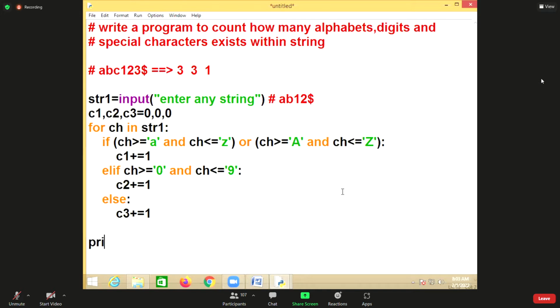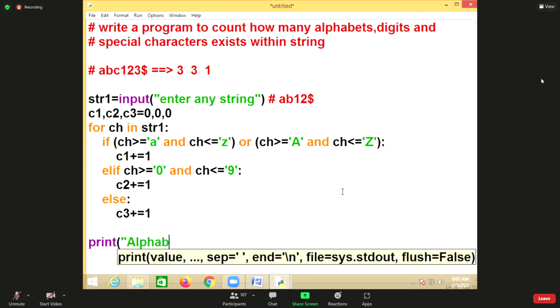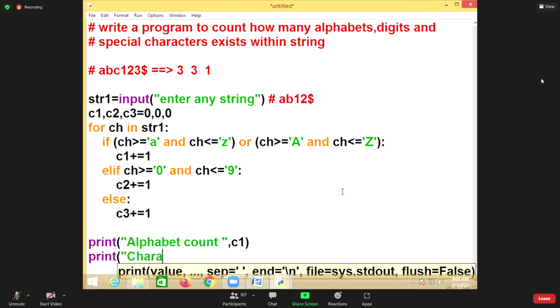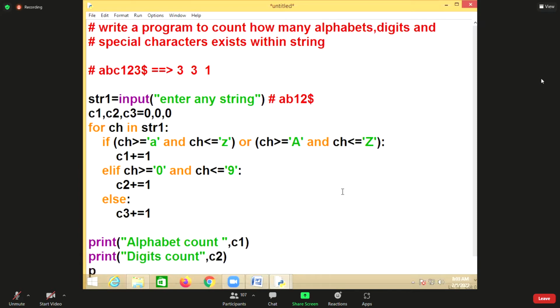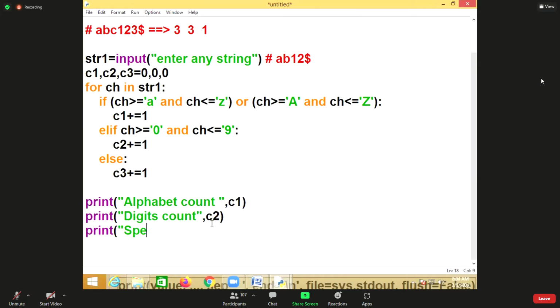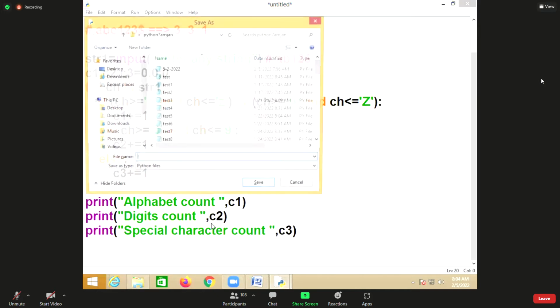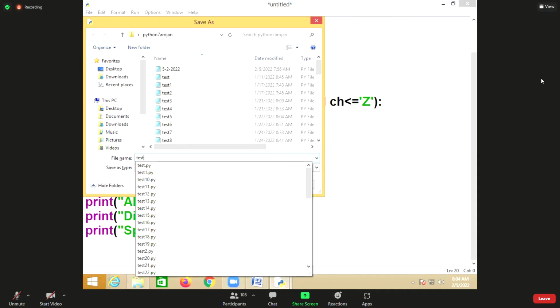Outside the for loop, I'm trying to print the alphabet count C1, the digits count C2, and the special character count C3.